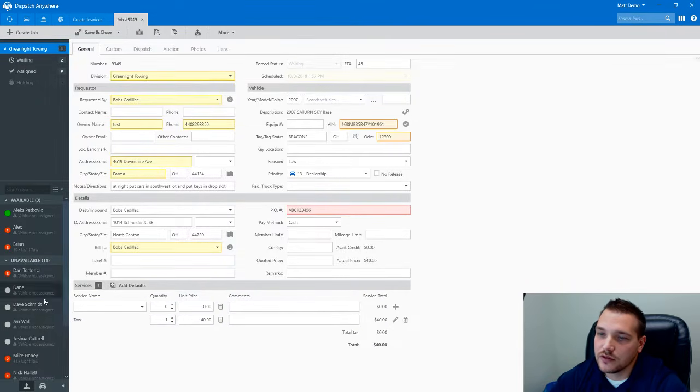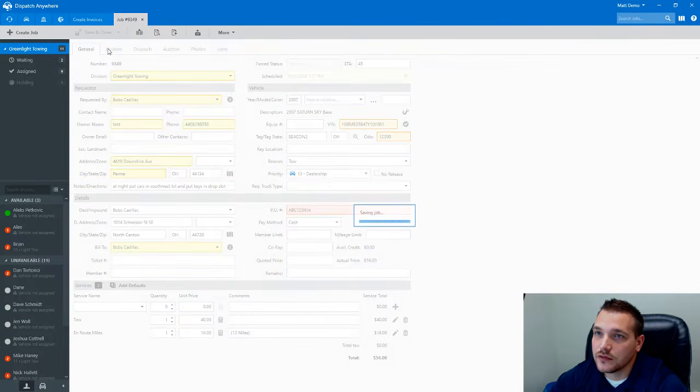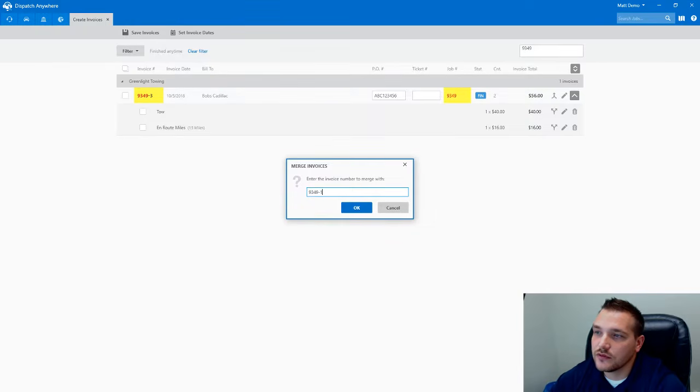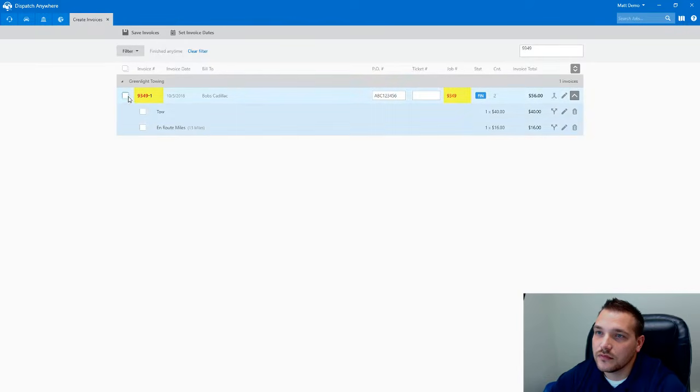All right, so if I added another tow, in route, let's just do a save. See how now it's going to be a -3 this time? I can say, nope, I want this as a -1. All right, so there can be times that you have to merge it. The other option that you may use,